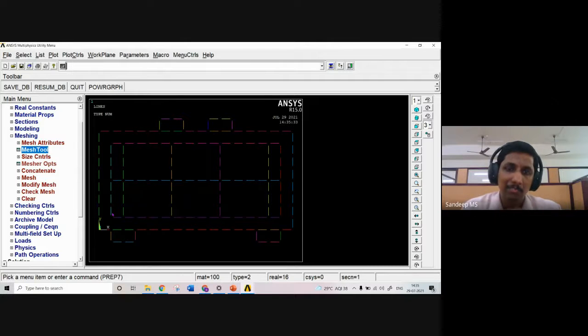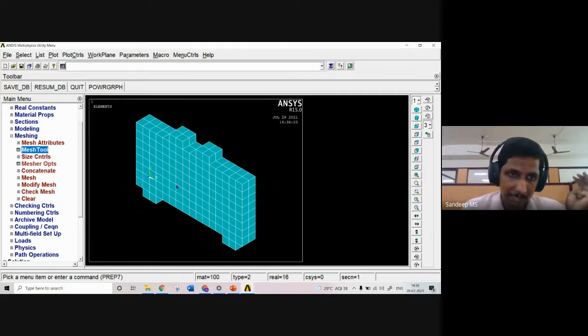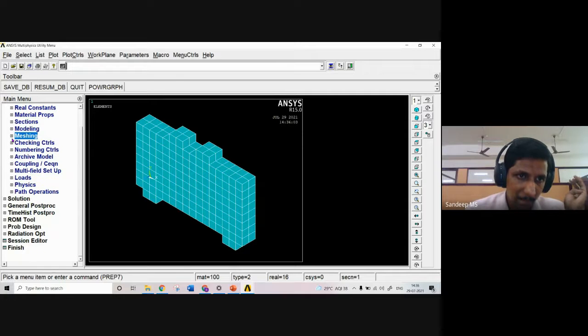And in a later stage, we will combine that so that we can ensure that there is proper contact between concrete and reinforcement as well as the bearing plate and the concrete. So we will do that. Now we have meshed the entire thing. Now what we have to do is ensure that those common, overlapping nodes are merged into a single unit. So for that, first of all, let's check whether there are overlapping nodes.